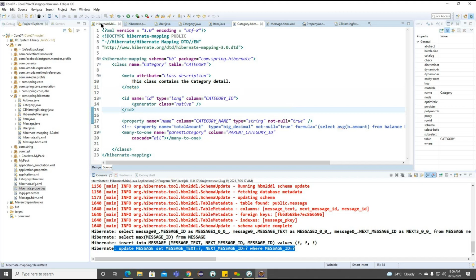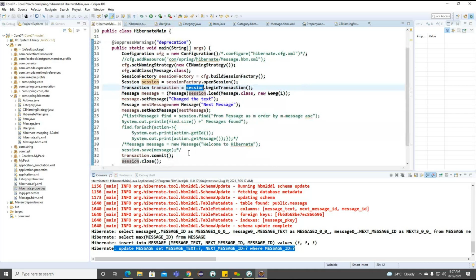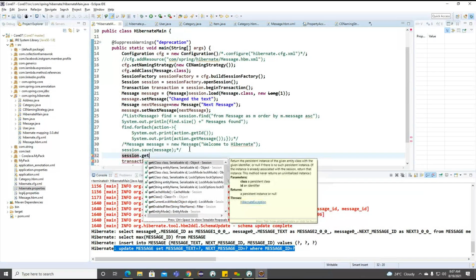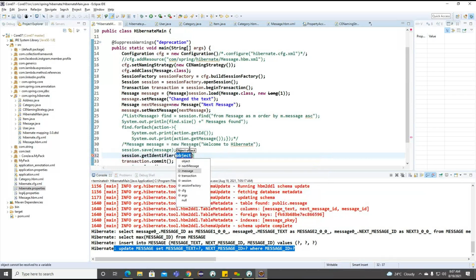And if we want to understand the identifier here, we use session.getIdentifier. Just for understanding whether the object is equal or not, how can we check here? With the help of this particular method call, session.getIdentifier. Getting the point. So what is it expecting here?